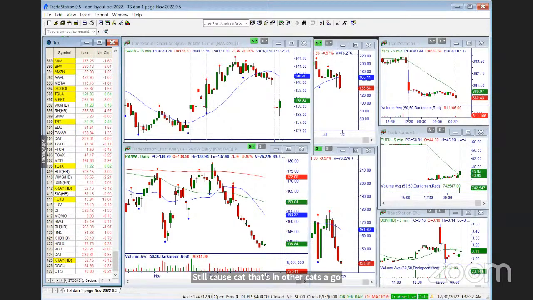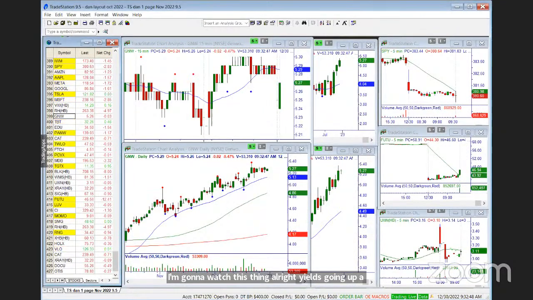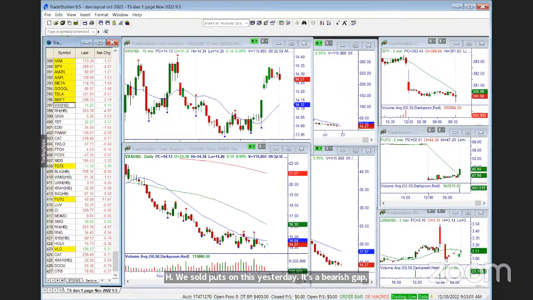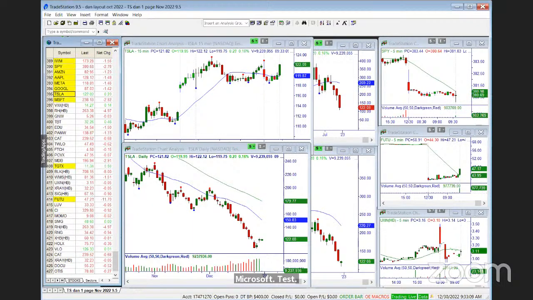Pan W still trying to work on the turn. EDU. I still like daily, weekly, monthly. I'm gonna watch this thing. All right, yields going up a little. GNW. This is Alex, your core. I'm watching. RH. We sold puts on this yesterday. It's a bearish gap, but nothing to do with it. VIX. Still doing nothing. Microsoft. Tesla. Hey, our Tesla turned green. We shorted the